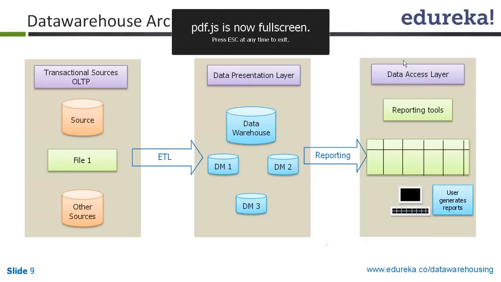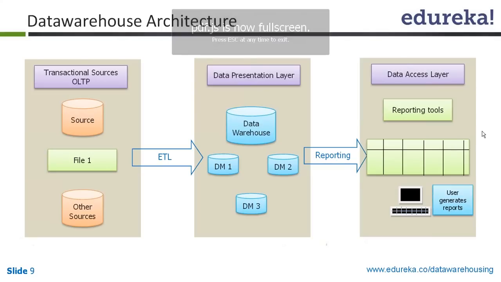The next slide is you will get the overall architecture of the data warehouse. There are multiple transactional systems, source 1, source 2. Now the source need not just be the mainframes. It can be SAP, it can be flat files. So there can be a combination of sources. And the ETL tool is used to load the data warehouse and data marts. And what are data marts? Of course, we'll be studying it in depth in the course.